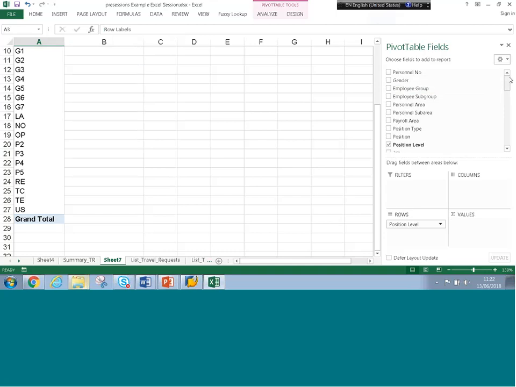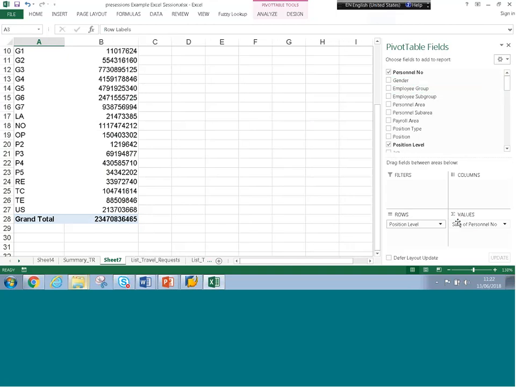So this is important, right? How can you count? If you add any number column as values, it will automatically apply a sum, right? For example, personnel number is the index number, and it's a number, right? So if I add it as values, Excel will automatically apply a sum, even if it doesn't make any sense, right? To add up all the different index numbers. So this figure doesn't have any sense, and we can change